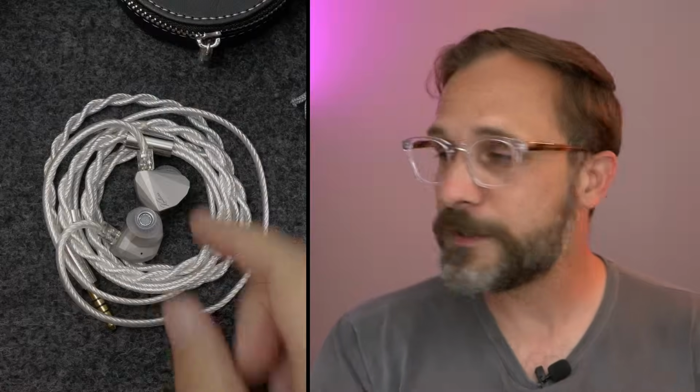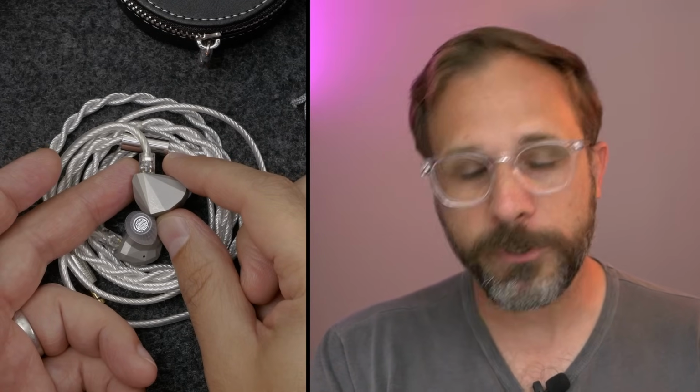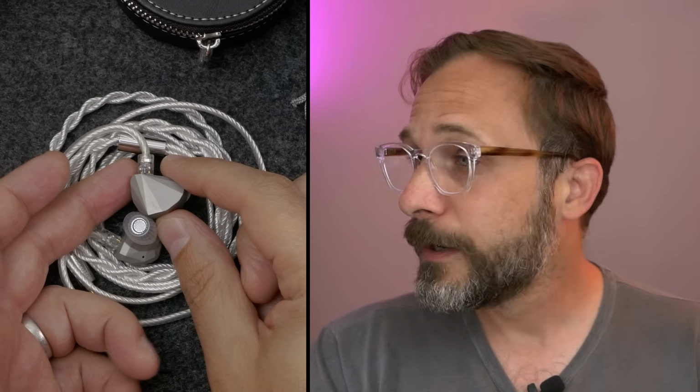Hey folks, I'm Mark Ryan, this is Super Review, and this is the new Moondrop Kadenz. It's a single dynamic driver IEM for Moondrop. It costs 190 bucks, and if that sounds familiar, that's because this is like the fifth or the sixth IEM